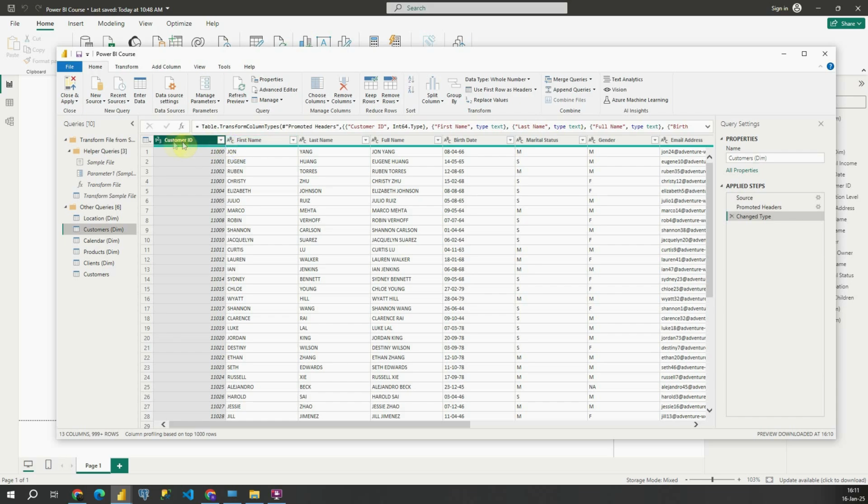For example, in this first column, customer ID, we can check 1, 2, 3 here. Basically, this means that this is numeric value. So we can find it here. It's whole number. We also have decimal number, fixed decimal number, and percentage. We can also make this text value. So if I click on text, for example,